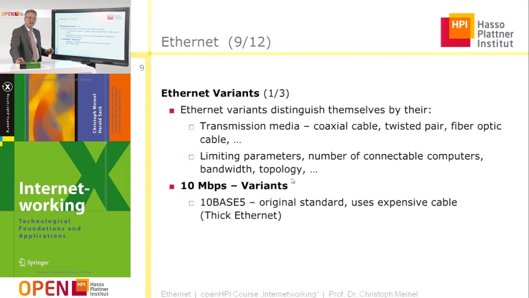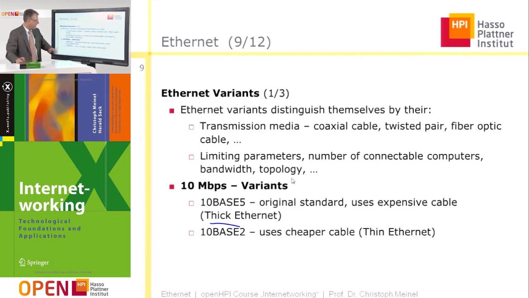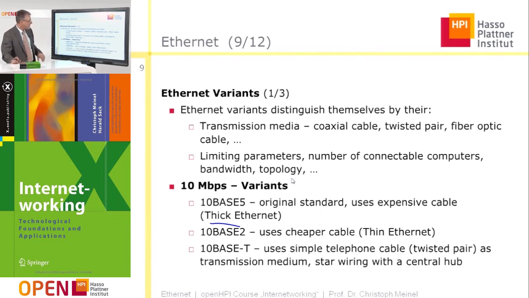Here an expensive cable is used, the so-called thick Ethernet cable. And then we have 10Base2. This is another 10 megabit per second variant, which uses cheaper cable, the so-called thin Ethernet. And then we have 10BaseT. This uses simple telephone cable,